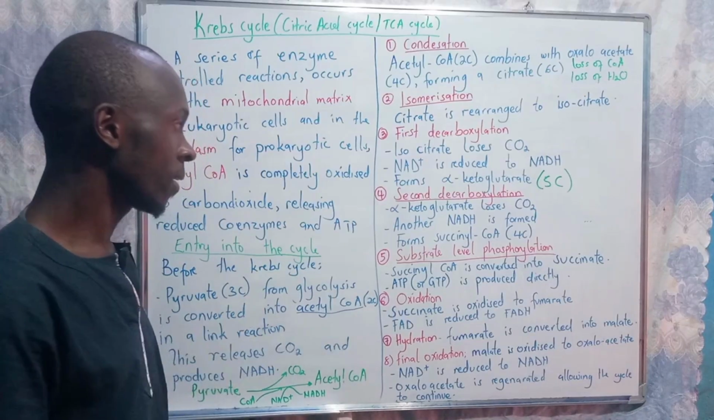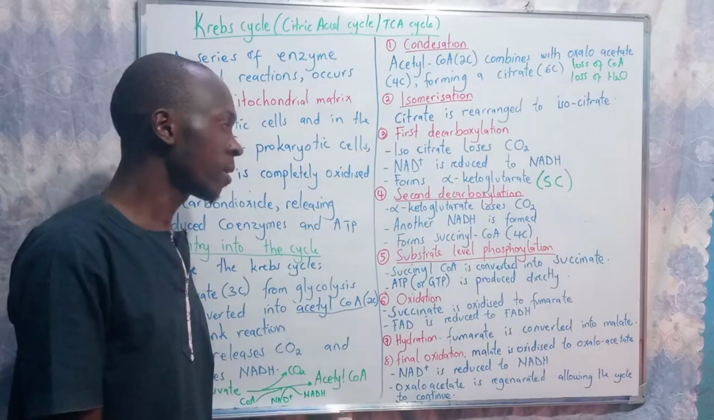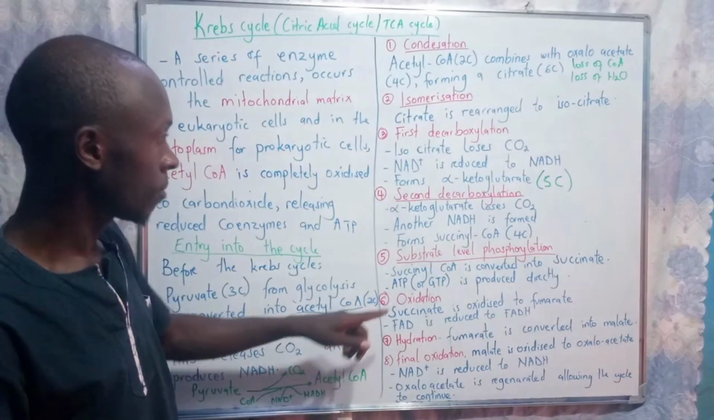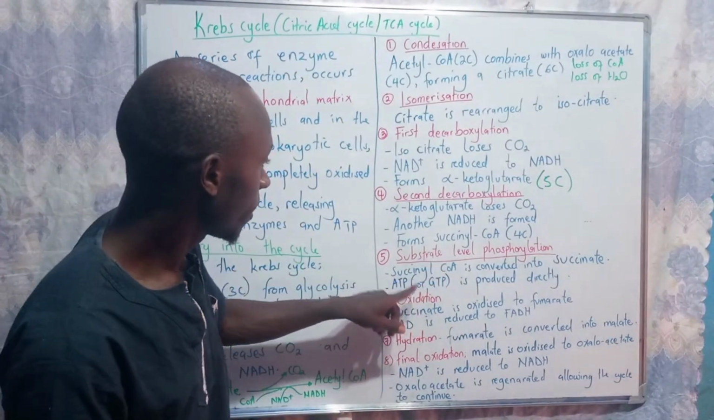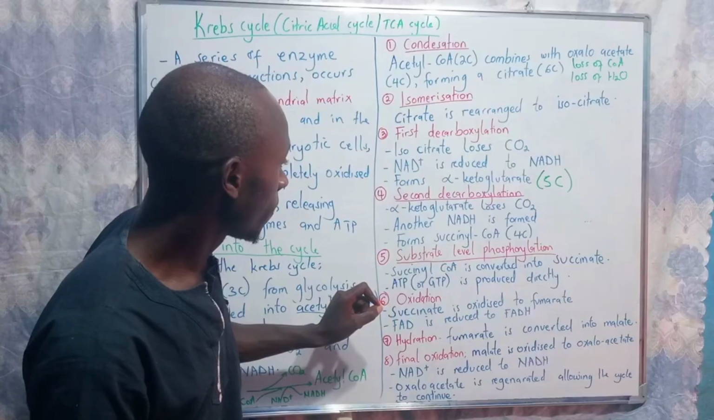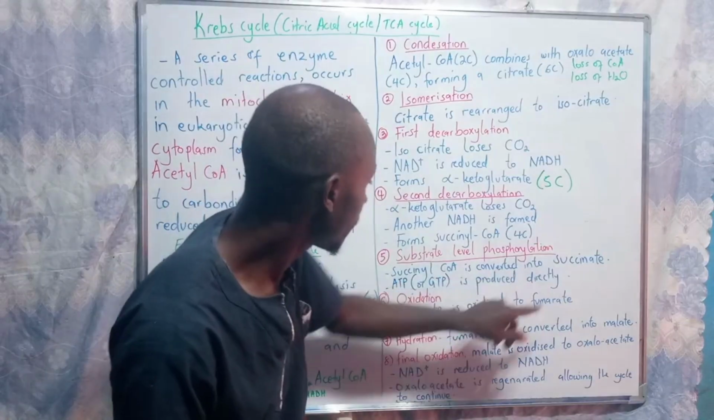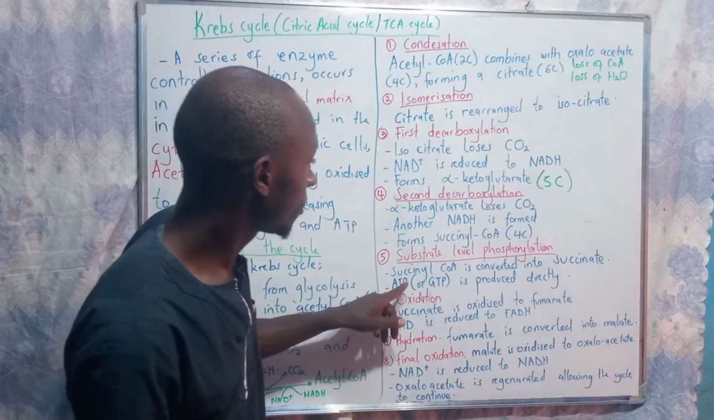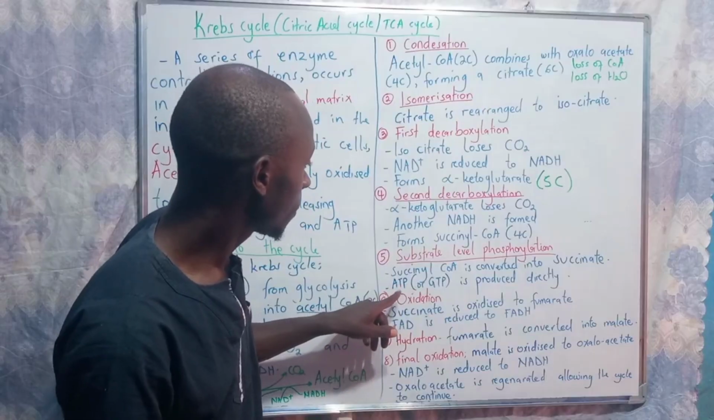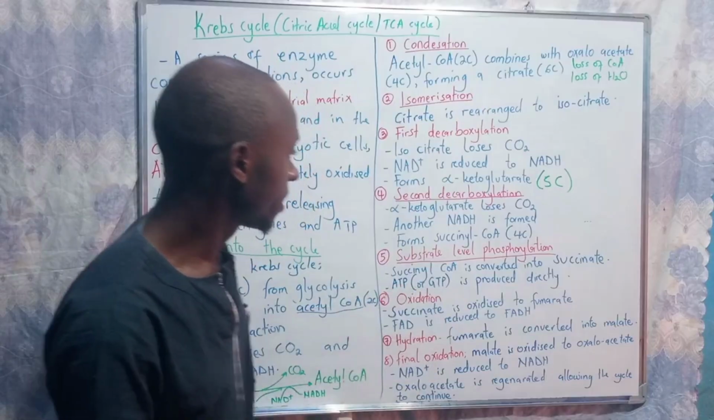Stage number 5, we're having substrate level phosphorylation. Substrate level phosphorylation means that succinyl coenzyme A is converted into a succinate. ATP or GTP is produced